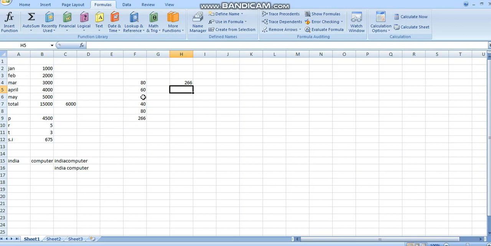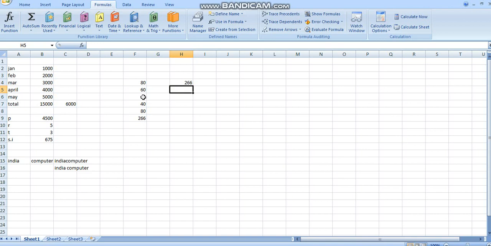Now I will tell you one more thing. In Excel, when we have to copy things, the number won't get copied, the formula will get copied.